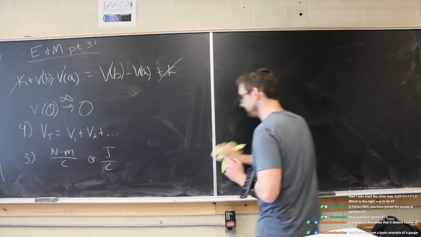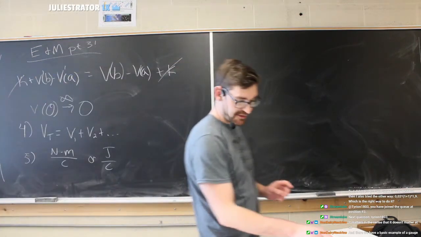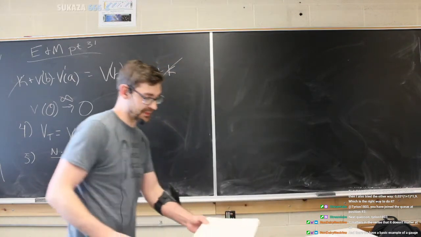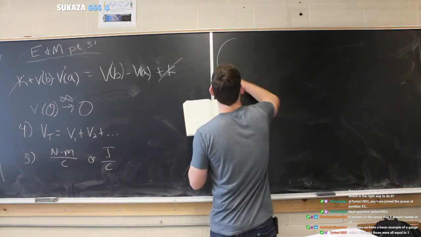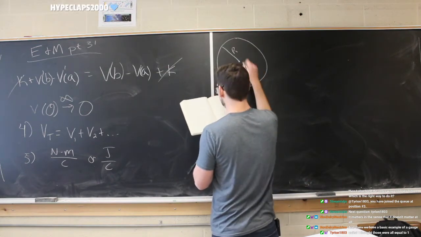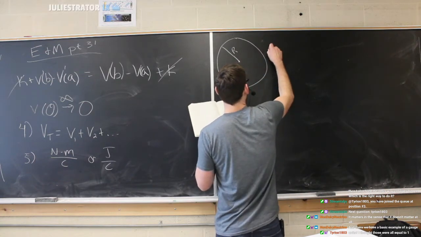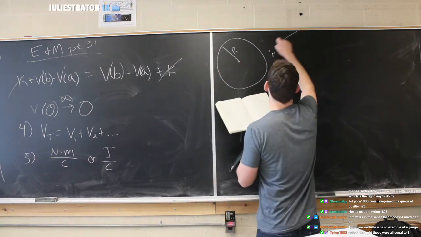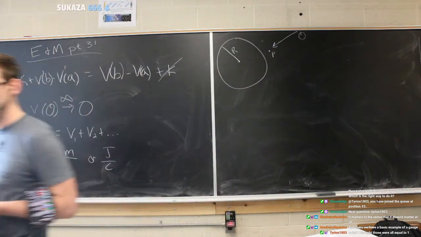So let's do that. Having the electric field, finding the potential, very, very useful. So let's have a sphere, a spherical shell. Here's a spherical shell with some radius R, and some point of interest. Actually, let's put the point of interest here, P, and our origin is at infinity, so we're going to come in from infinity out to that point.